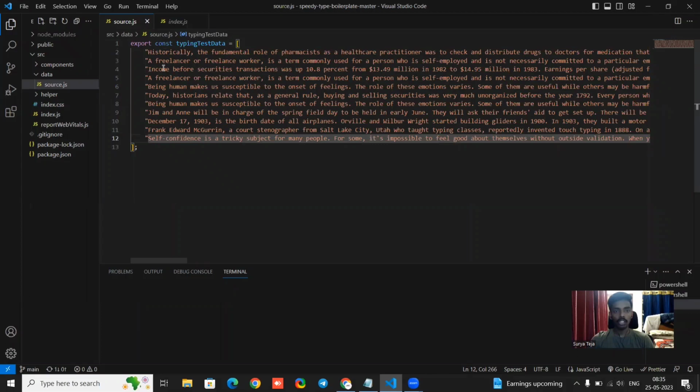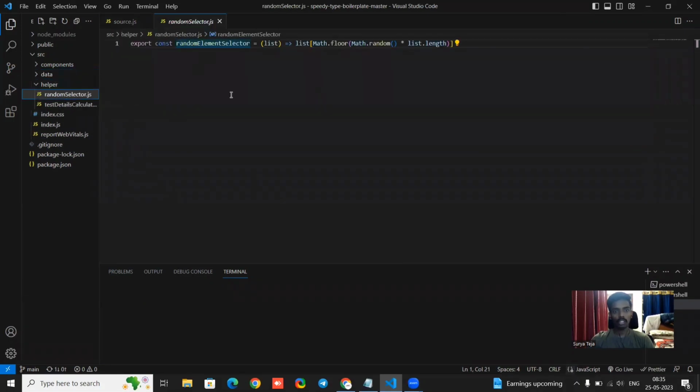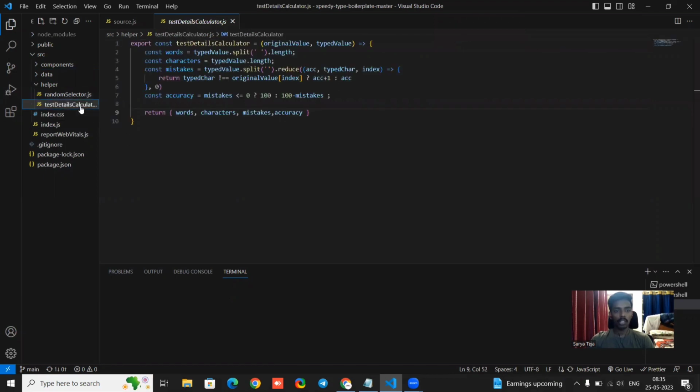Every time we reload the web page, a new one will be picked up from these paragraphs. I made that calculation here, the random selector. So you can see that when we pass the list as an argument to this, using Math.floor and Math.random, which we all know, a new paragraph will be picked up. And this is another file for calculating